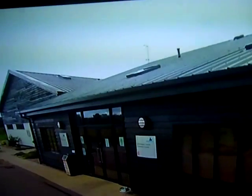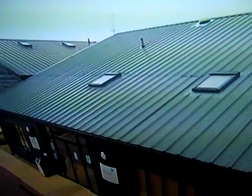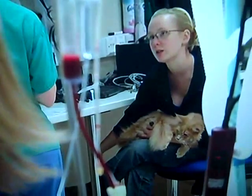Yes. It's going to be a long wait for Christine until she's able to come back and see whether Jolly's operation has been a success. Nurse Becky is giving her cat Orson a little